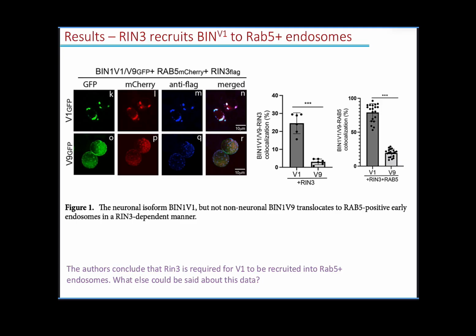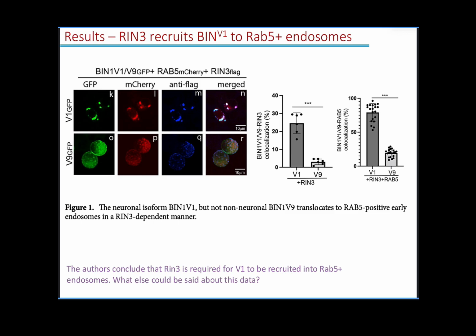So in this experiment, they took cells and overexpressed either a GFP tagged version of V1 or a GFP tagged version of V9. Okay? So when they're looking at GFP in these cells, what they're really looking at is where V1 or V9